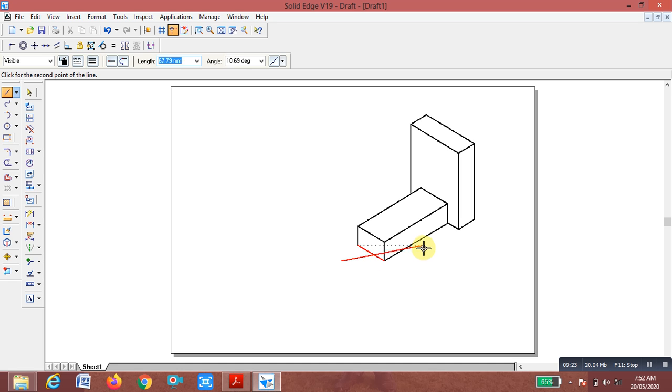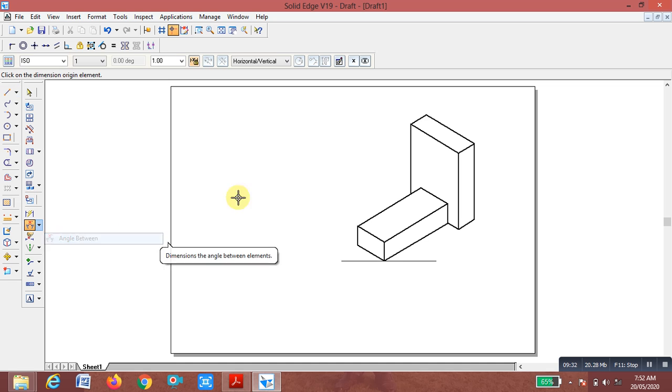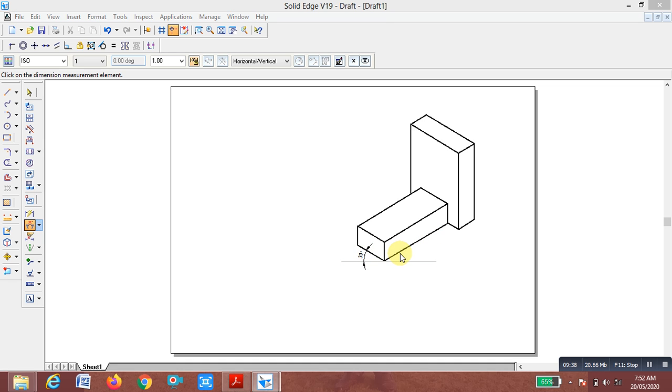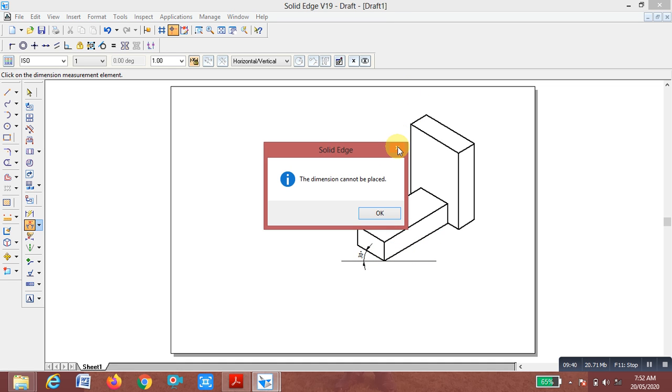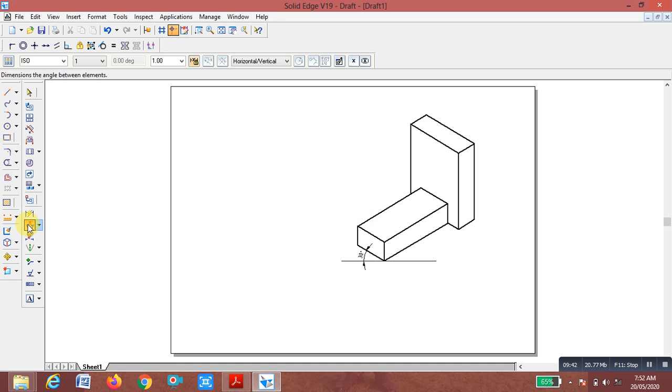Click on angle between. The angle between this line and this line is 30. Similarly, the angle between this line and this line is again 30.